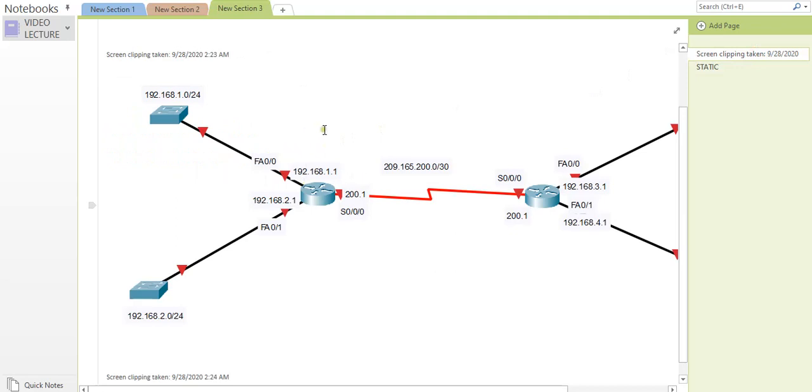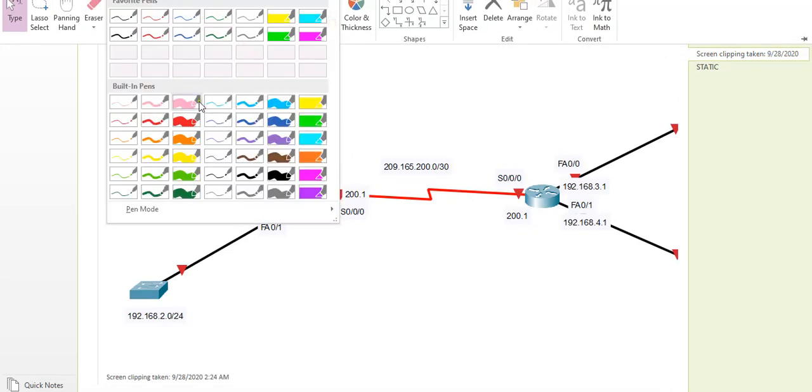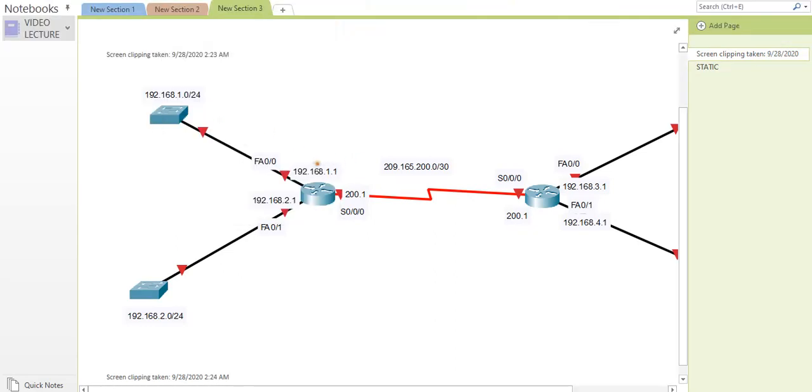Okay guys, so this is our route, this is our network, and I think I'm gonna have to choose something a little bigger than that so that you guys can see. So this is one LAN. This LAN is represented on this router's interface here, FA0/0. That LAN right there is represented here, and this with the LAN network